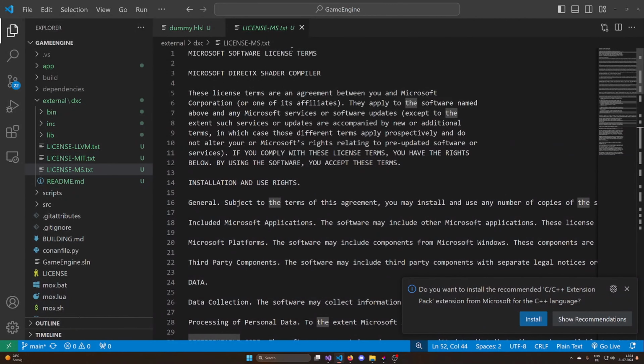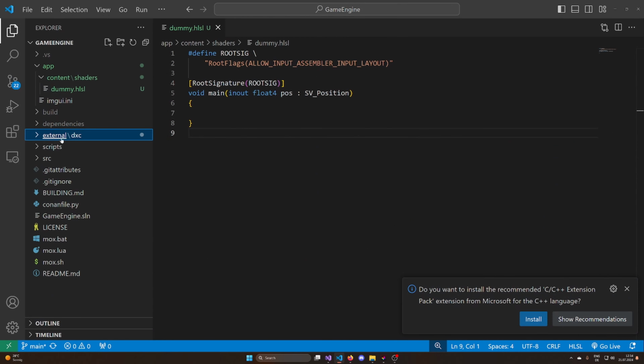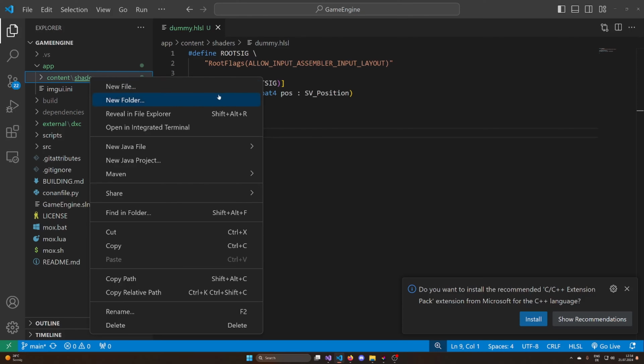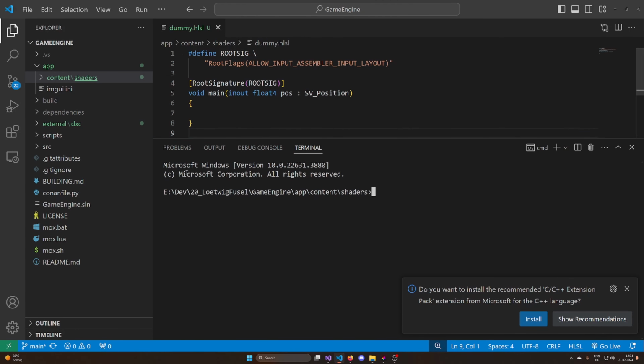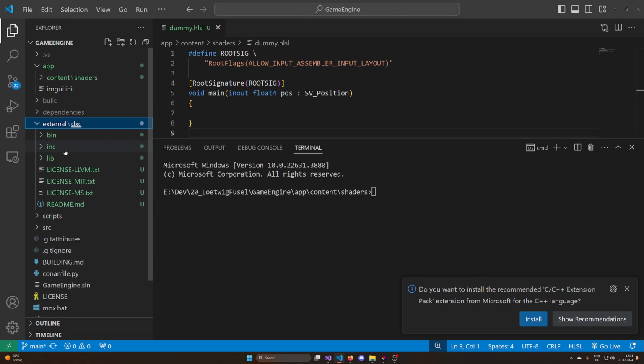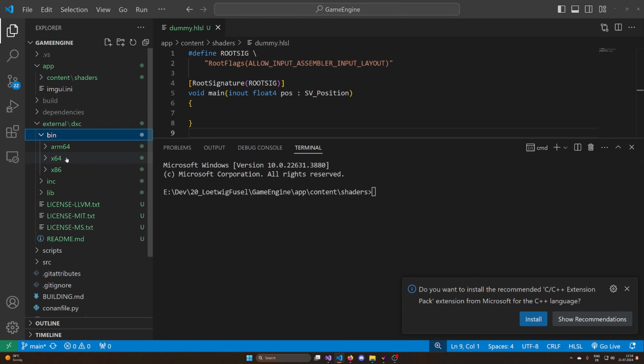But you should always take care of licenses, of course. Okay, so now we have the DXC in our project. Now we could simply just start by compiling a shader. By going in here, okay, so now you can see app content shaders. And what we could do basically for binary and